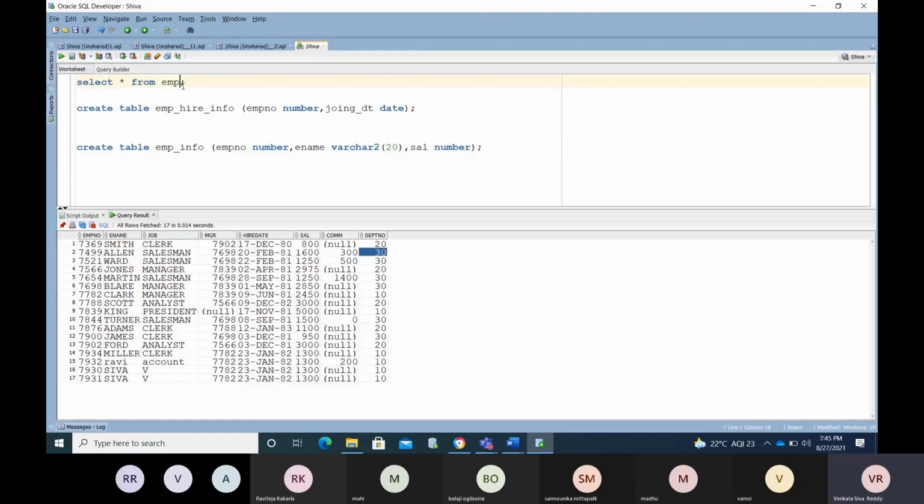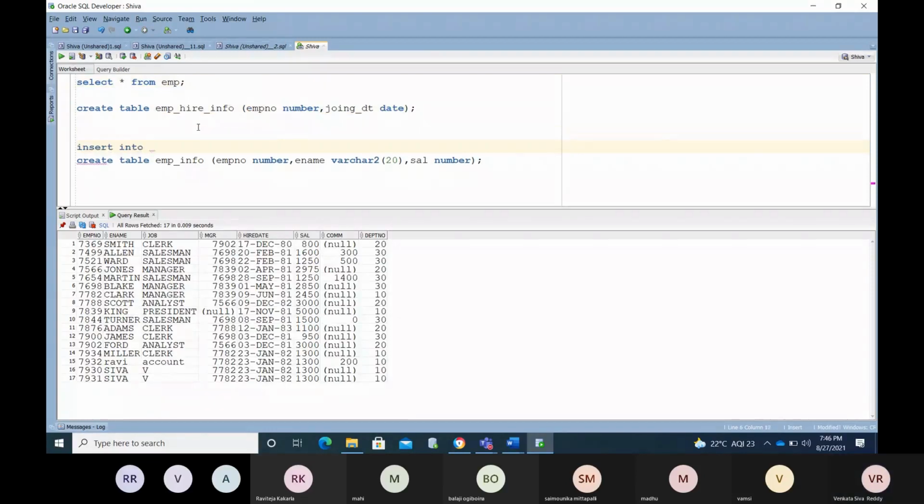Okay, so in this we don't have any duplicate information, or any raw data. Treat it as raw data. Now I want to move the data from that raw data into the hire date table.